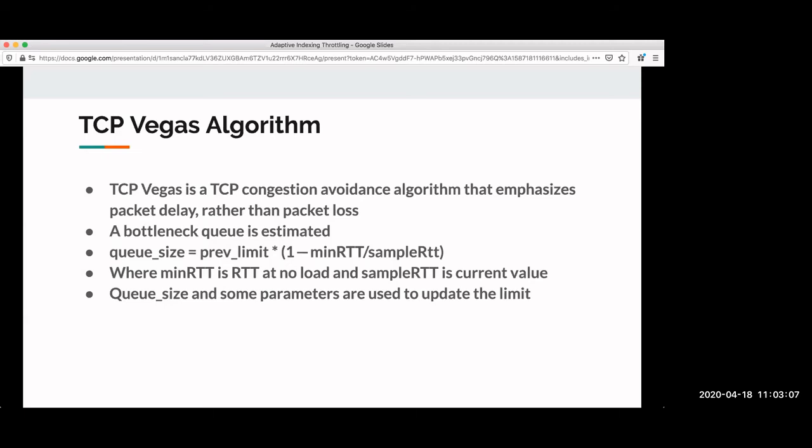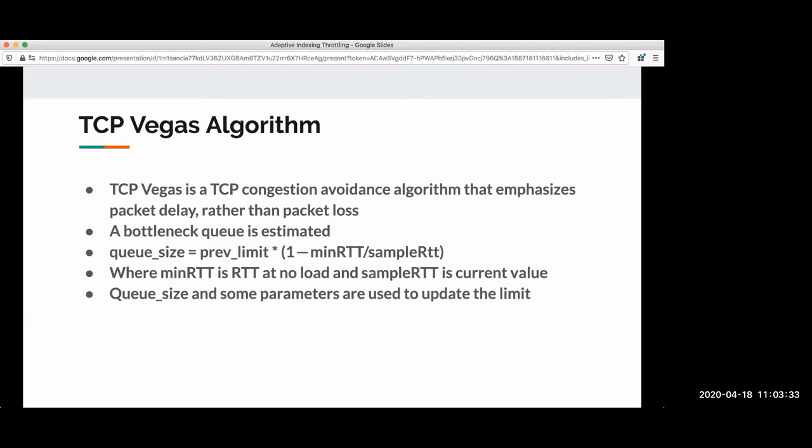So it is very reactive as compared to the other two or three algorithms. And the other thing to note here is that the increase and decrease is linear. It is not decreasing by a multiplicative effect. It is decreasing by subtracting some percentage from the previous limit, and similarly it is also increasing by the same factors.